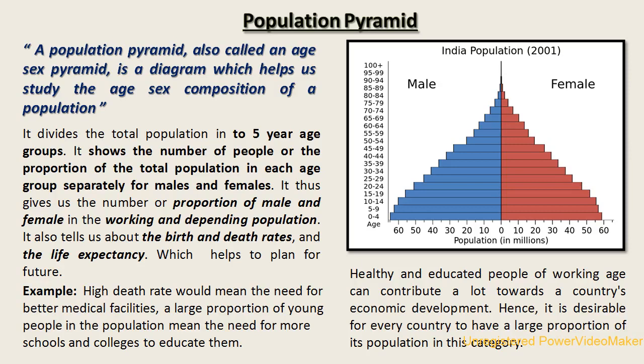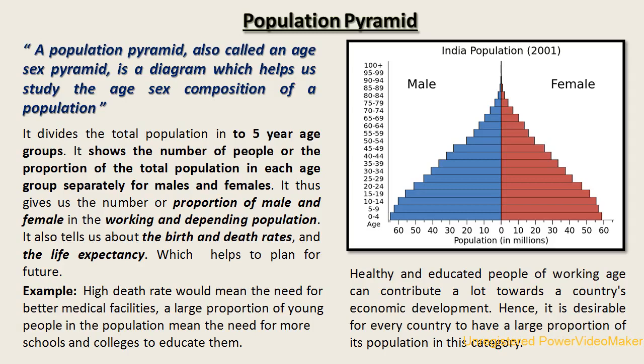You can easily find 0 to 15 is the dependent population. Another category of dependent population is 65 above. So you can check how many people are there 65 above, and how many people are there from 0 to 15. Add these two numbers, then you will get the dependent population. The working population age group is 15 to 65. Just count all the number of people residing within this age group, and you will get how many people are there in the working population.